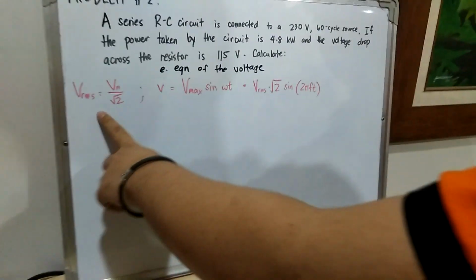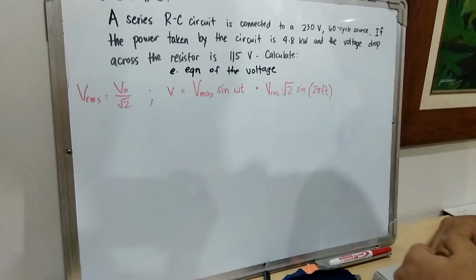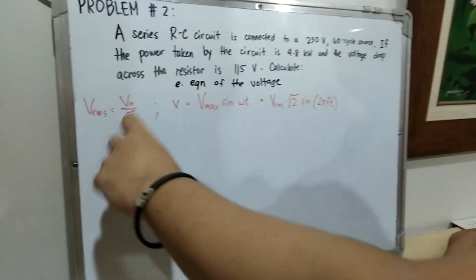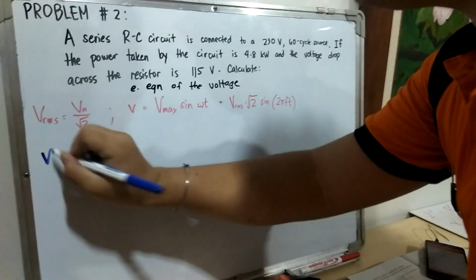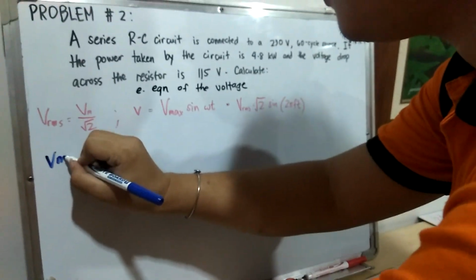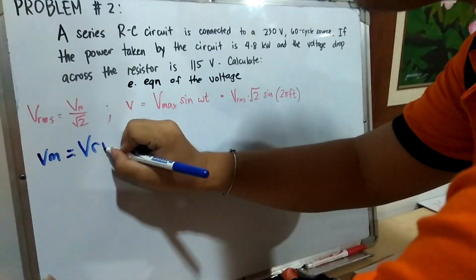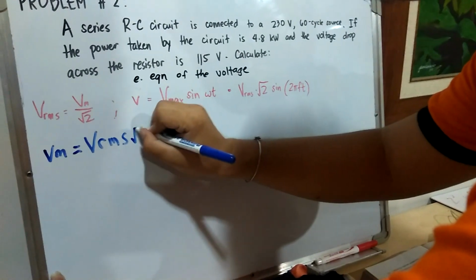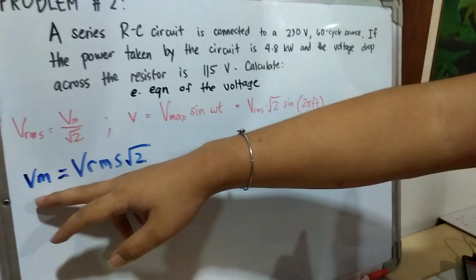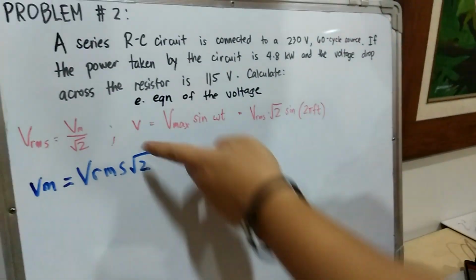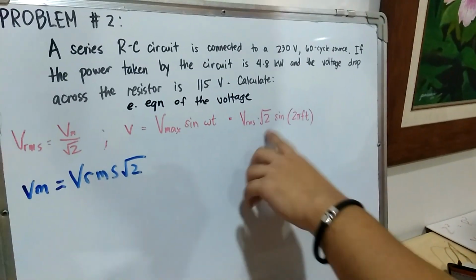By manipulating this equation, we get that V sub m is equal to VRMS times square root of 2. Then substitute the value for V sub max in this equation to get V is equal to VRMS square root of 2